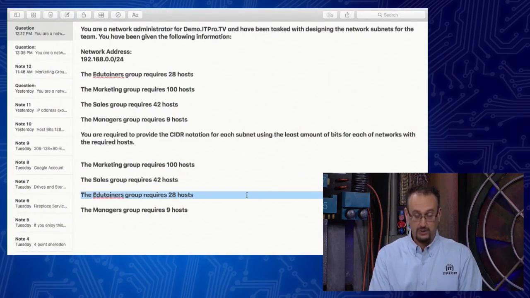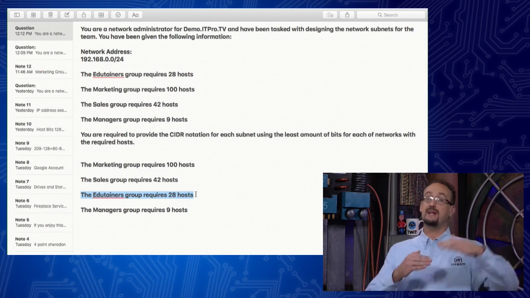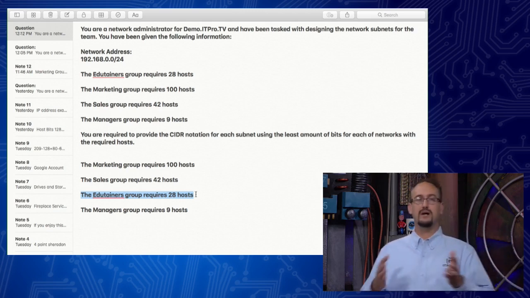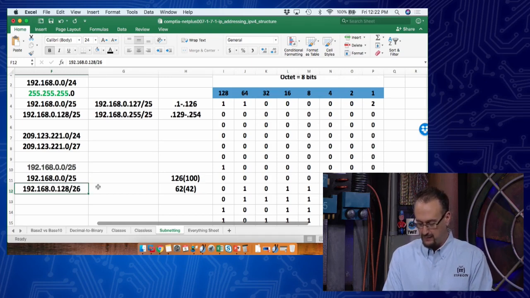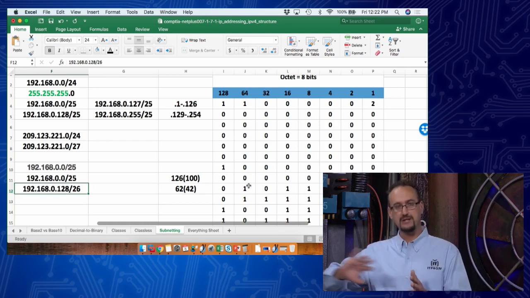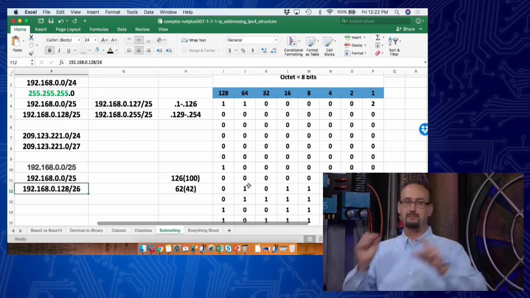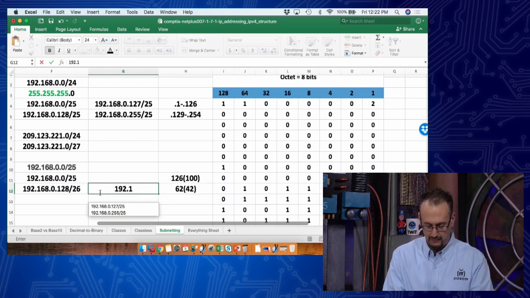Well, now we've got the third network that we need to figure out. How do we vary the length of the subnet mask yet again to create another network with these 28 hosts? Well, that means I have to figure out what the broadcast address for this network is. To do that, we would go through the process of finding where the dividing line is, making sure that all our host bits are turned into ones, and then we take it back out of binary and figure out the decimal value. I can tell you the broadcast address, I know we're kind of running out of time here, but just to move it forward, and again, you can stop and take the time to do this, it is actually